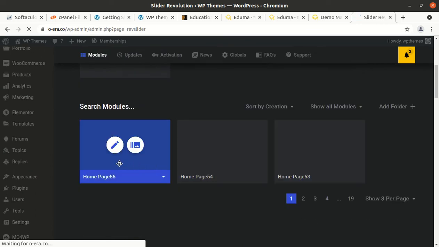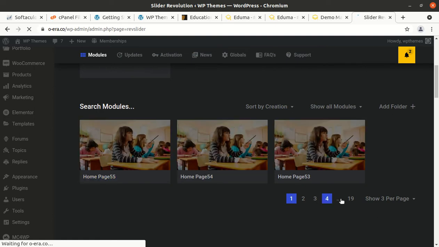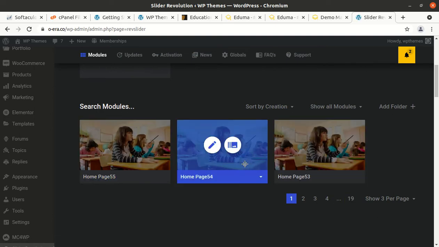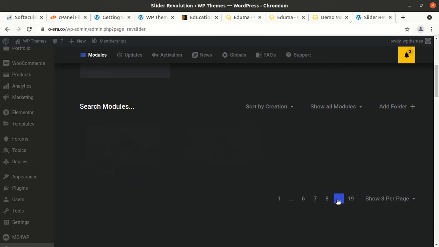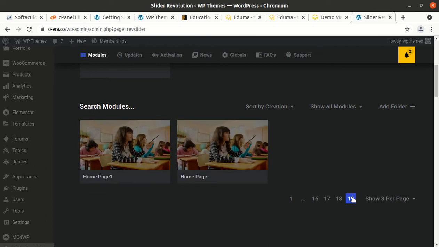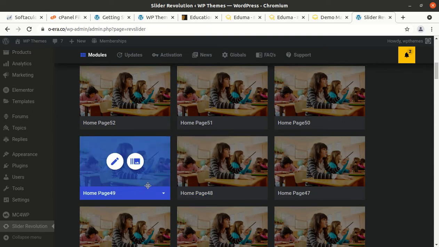Okay, so there are many home pages, 55, 54 in fact. So these are huge numbers. This is why it is taking time. Such a great number of content I have rarely seen in demo content. This is why it was taking time. And the earlier version of the Aduma WordPress theme was also having the same issue.